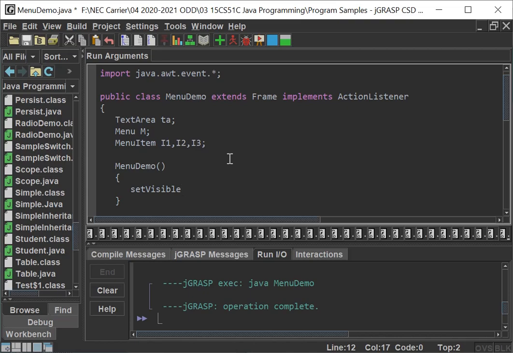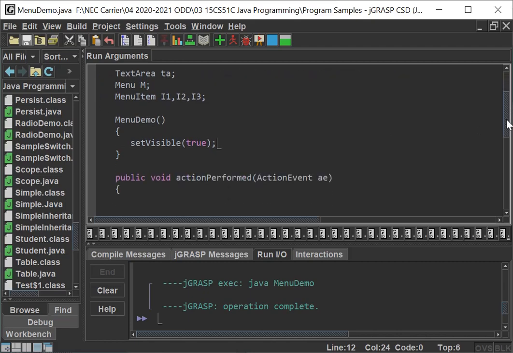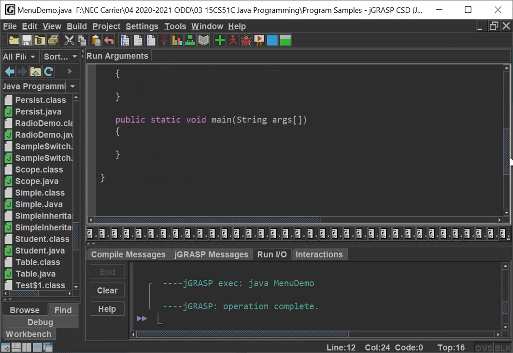setVisible of true, where true is a parameter you have to pass. If you give setVisible of true, look at what you will get. When you create an instance for the particular class, the constructor will be called. For that I'm going to create an instance here. What is my class? MenuDemo.